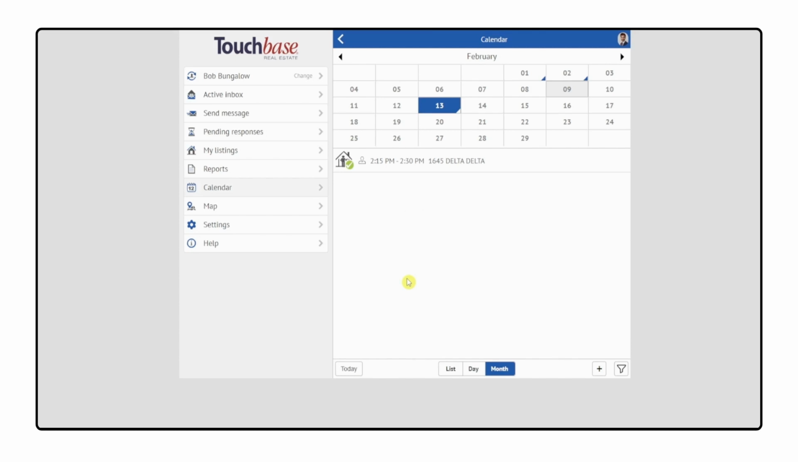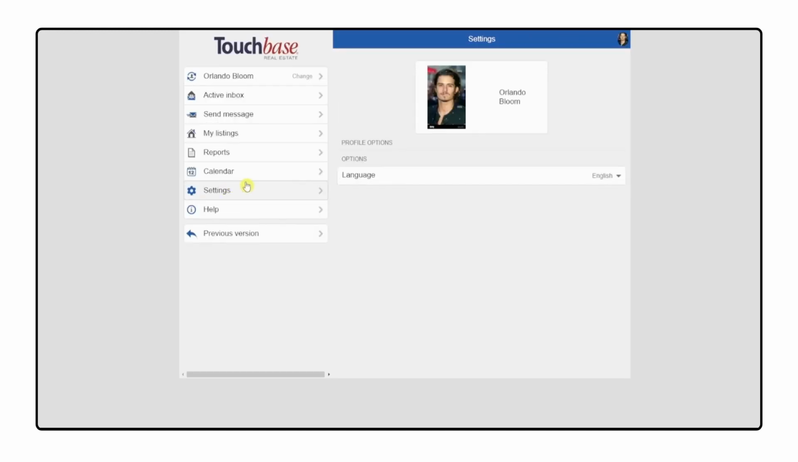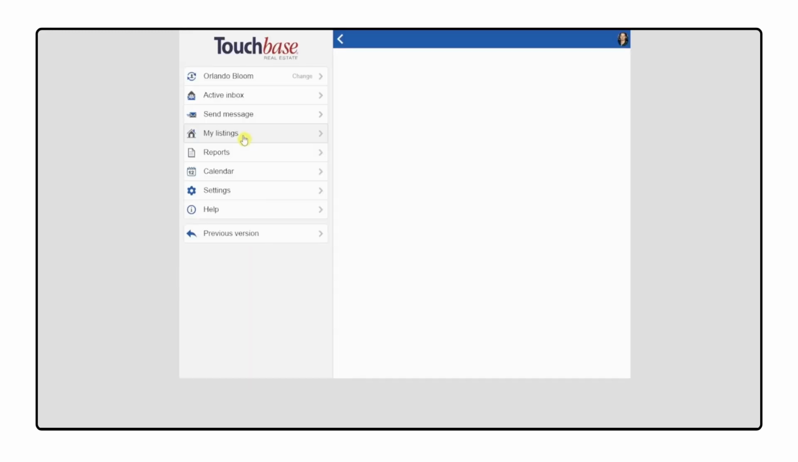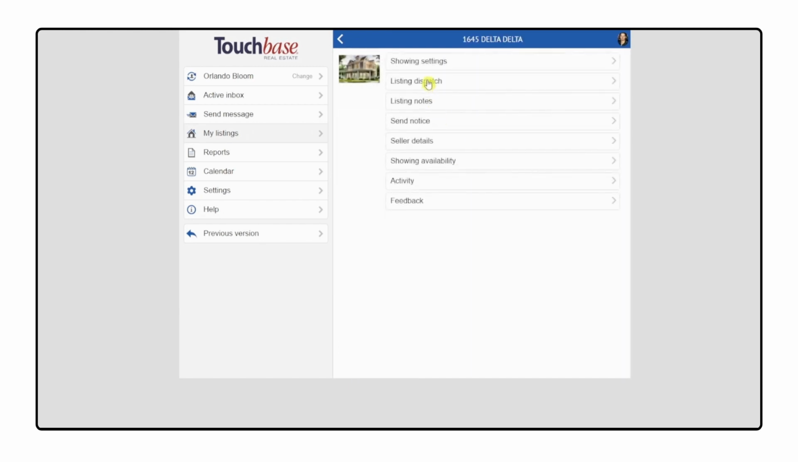The next difference is in the listing dispatch. Let's switch over to Orlando's profile. So I'm going to click on the profile picture, select Orlando, and go to Settings. As an unlicensed assistant, you do not have a default listing dispatch. But if there are listings that you're not getting communications for, you can include yourself by clicking on My Listings, clicking on the listing in question, going to Listing Dispatch,